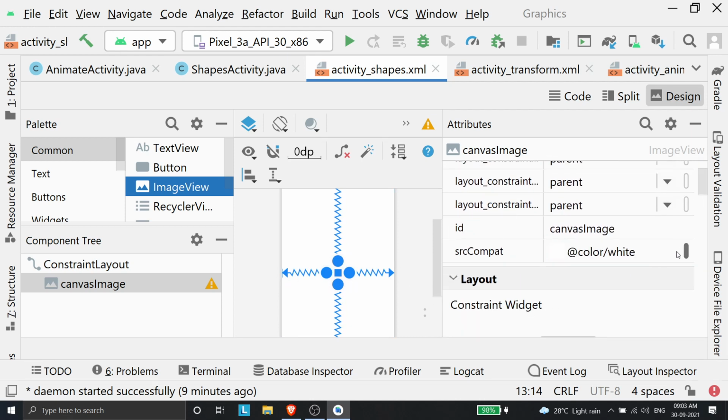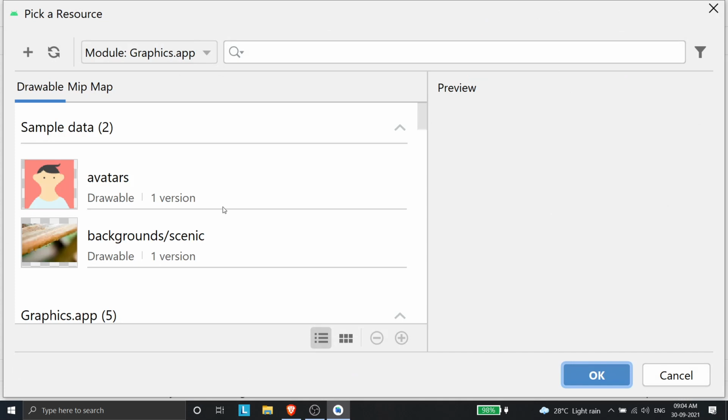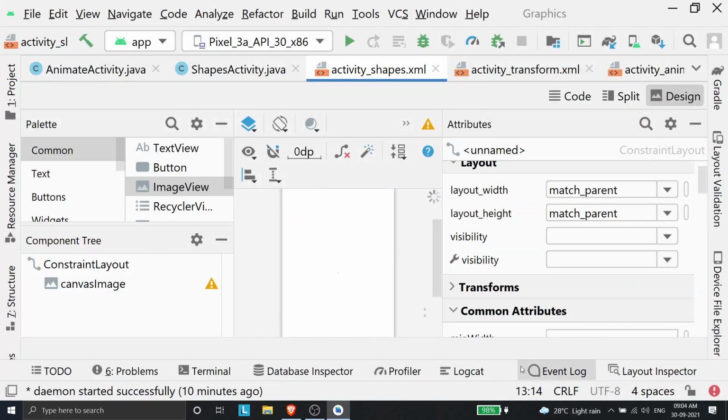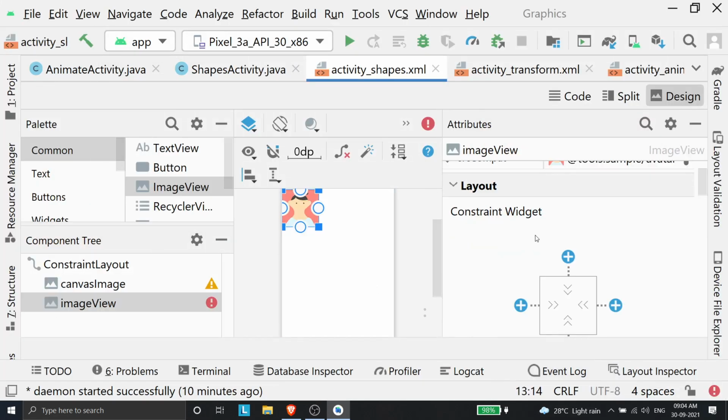Usually it will just display a box with some random image in it. So if I try to put an image view, as you can see, it's telling me to pick a resource. I don't want any resource because I am going to draw the image in shapes. I don't want a static image to be there. But initially you just need to select some random image from here. These are images that are available by default in Android.